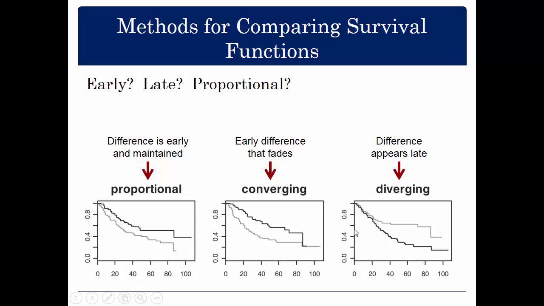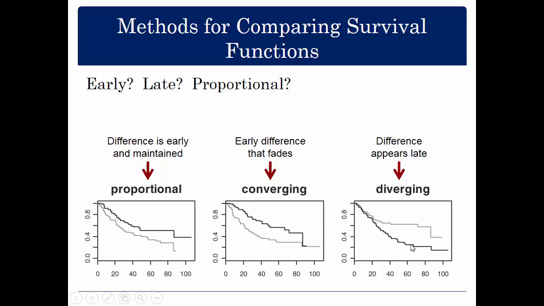So your hazard here, your risk of death, is changing. Once it gets to about 20 months, your risk actually increases because the events aren't occurring with as much frequency as they were before. And again, if I tried to provide a hazard ratio, the hazard ratio would average no effect with some effect. So you would end up with a single number that could describe an overall average treatment effect, but you may miss out on these meaningful differences that occur later,